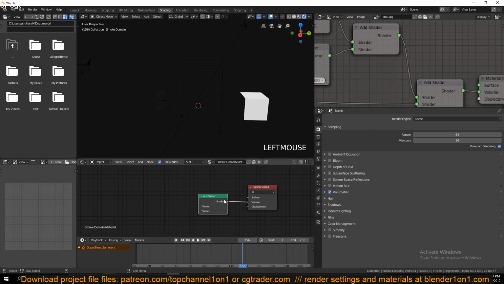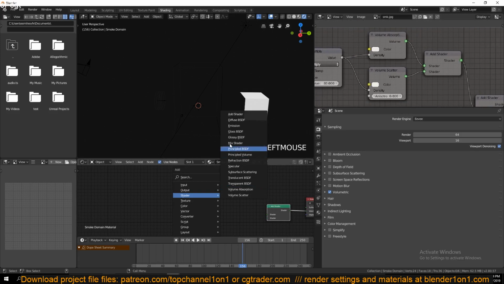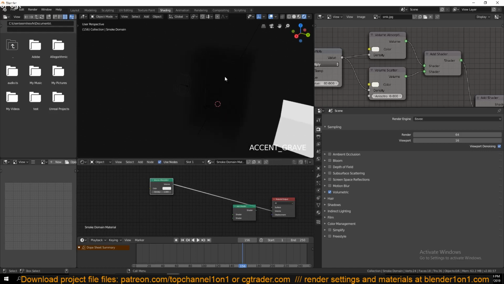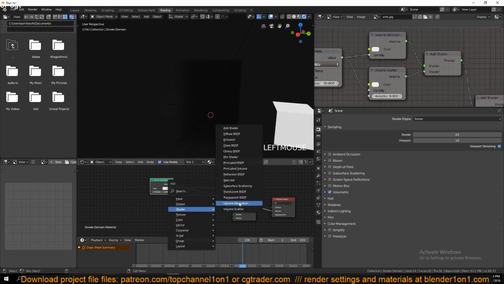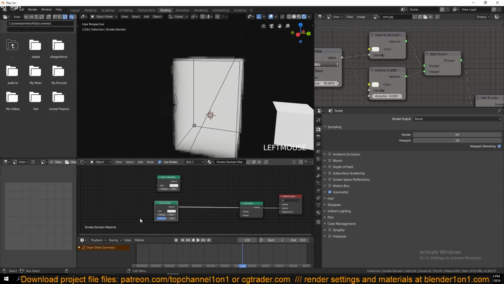You won't see anything because again we don't have any volume shader to calculate the volumetric. So let's go with the absorption and the scatter. So shader, volume, let's start with absorption. If you feed this directly into the volume, you can see we just get this black volume thing. And if we add shader, absorption, shader, scatter, we get that. So these two, one will render the absorption of the volume and the other will render the